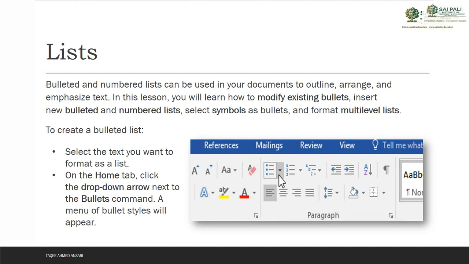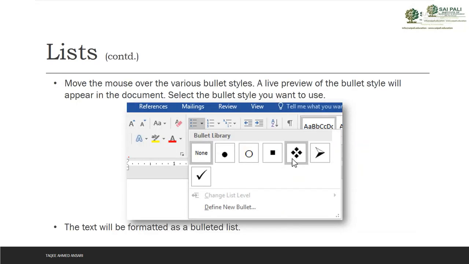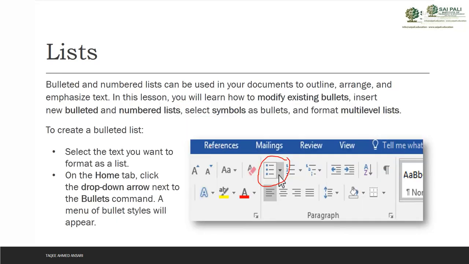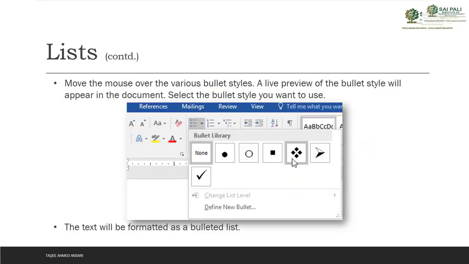How can we do that? We can create the bullet list. First you select the text you want to add the list to, then go to the home tab and click on the drop down arrow next to the bullet command and a menu of the bullet list will appear. Here is the bullet command. When you click on that, by default you have an option to add the default bullets, or you can click the drop down menu to get more options.